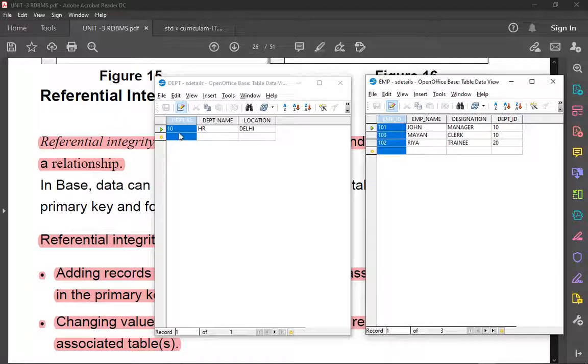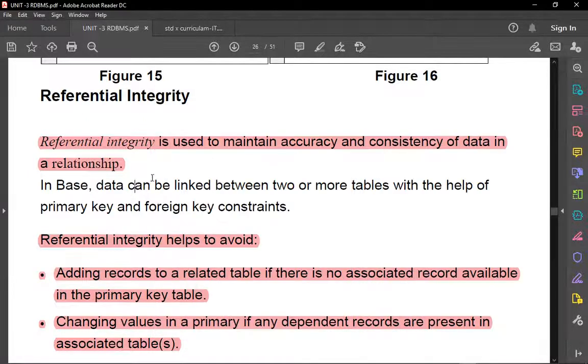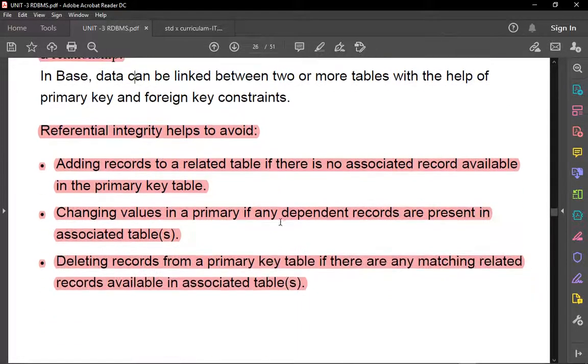Department ID in department is the primary key, and department ID in employee is the foreign key. So the referential integrity is maintained in a database through the primary key and foreign key. Understand? In base, data can be linked between two or more tables with the help of primary key and foreign key constraint. That's all.